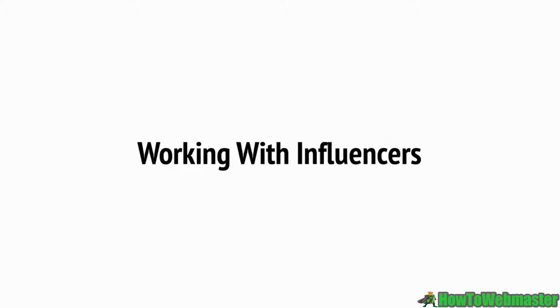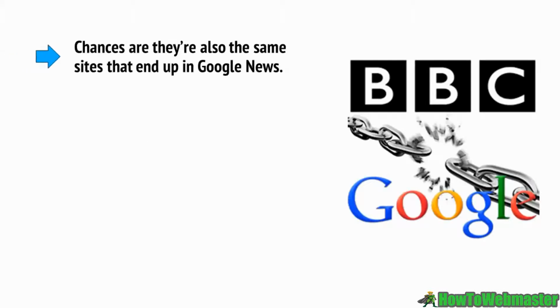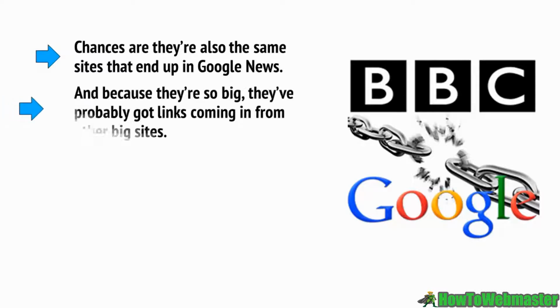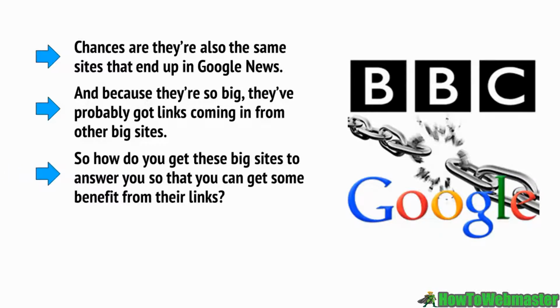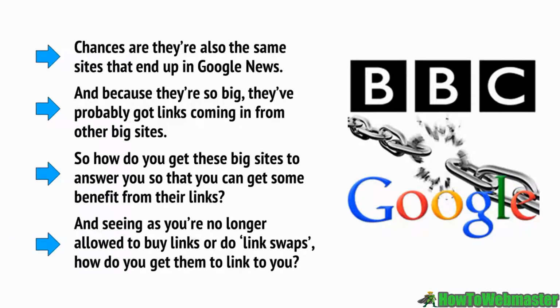Chances are that you already know what the biggest sites in your niche are. These are the sites that are household names and that everyone goes to when they want information on your subject. Chances are they're also the same sites that end up in Google News. And because they're so big, they've probably got links coming in from other big sites. So how do you get these big sites to answer you so that you can get some benefit from their links? And seeing as you're no longer allowed to buy links or do link swaps, how do you get them